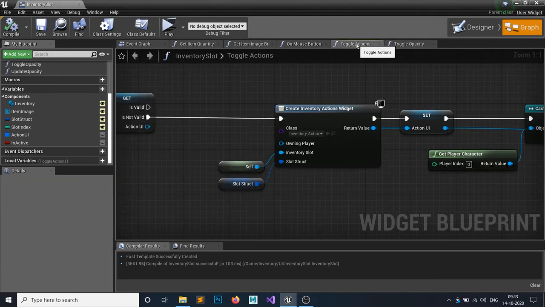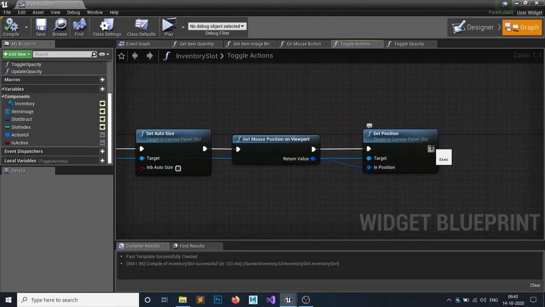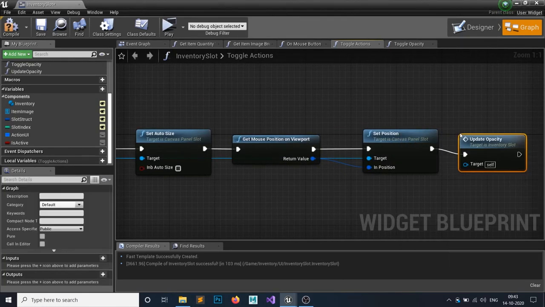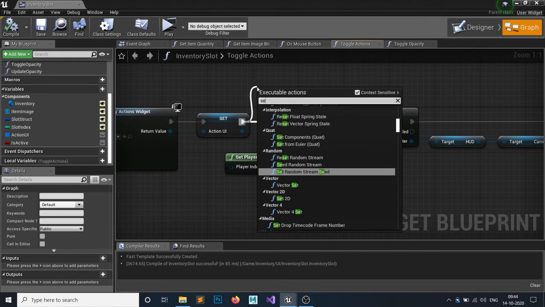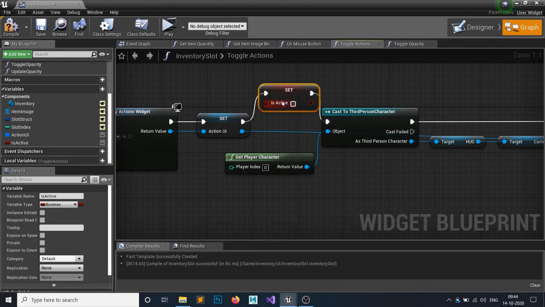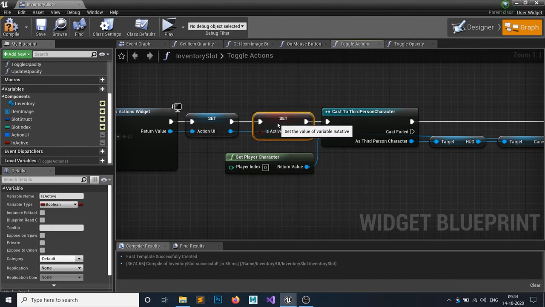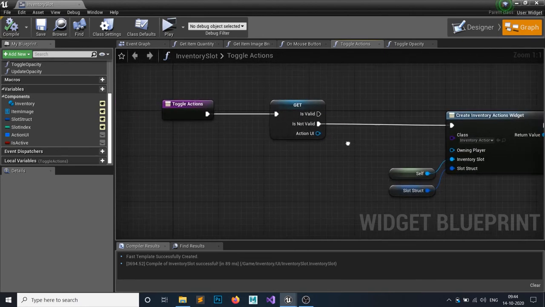So it's done. Now bring back to this one, and after doing all these things, just update the opacity, and whenever we click, we want to set is active to true for this slot. So we only want to set is active for this one, the current selected slot, otherwise not.